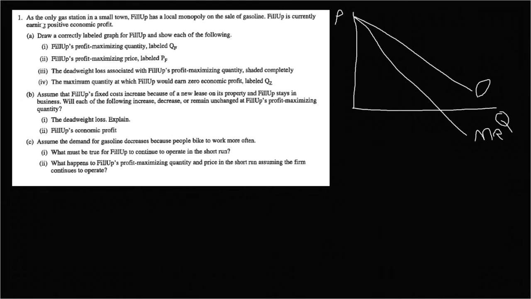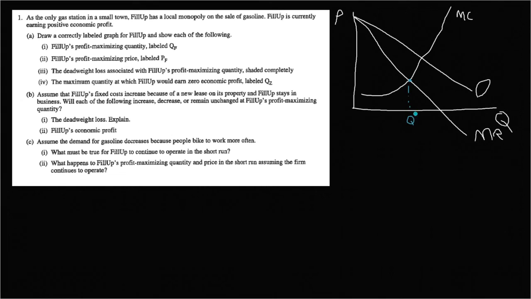Alright, so what else do we need on this graph? We need to find the profit maximizing quantity. Well, to find that, you need a marginal cost curve. It could be a straight line, but this has to be curving up. So label it MC, marginal cost. I will then say this is the quantity,